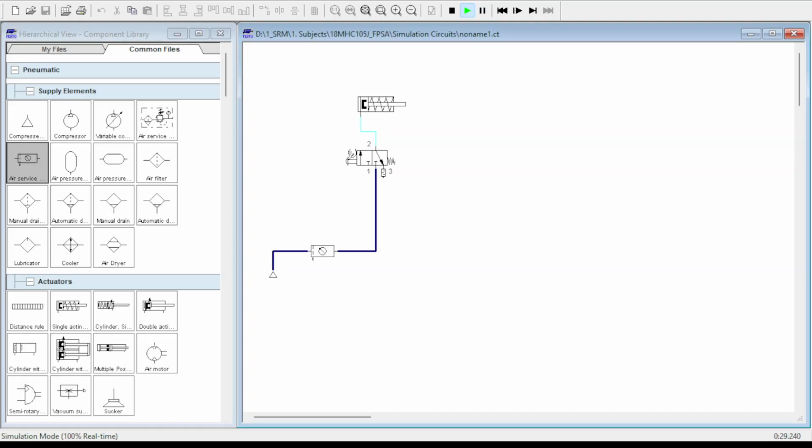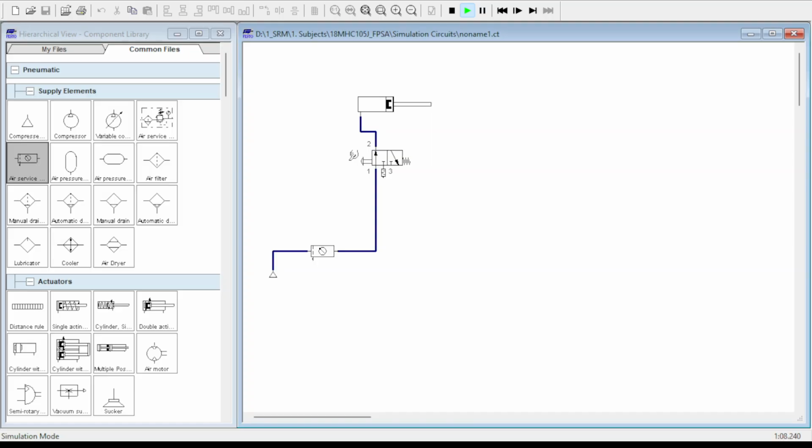When the manual operator presses the push button of the DCV, the spool changes its position and it gets connected to the normally closed open position of the DCV. When it is connected through the open position of the DCV, flow happens from port number 1 to port number 2, and air enters into the cap end of this single acting cylinder, which exerts force on the piston, making the piston extend against the spring force. And this marks the extension stroke of a single acting cylinder.